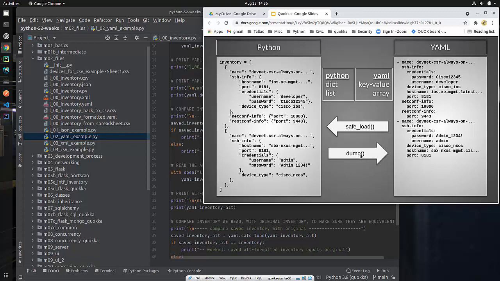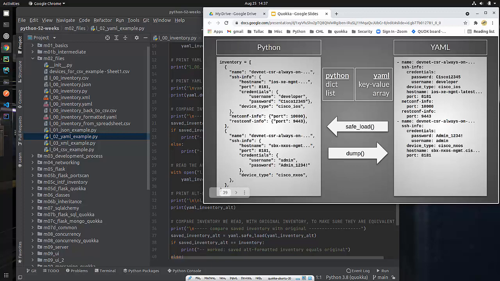There's no S at the end of it. And we use safe load because of the way that YAML works. Some of this stuff can actually be macros that can be executed. If you don't trust the source of this YAML file, then you probably want to do a safe load so that nobody injects something mischievous or actually harmful into the YAML data that will cause your program to crash or do some other type of